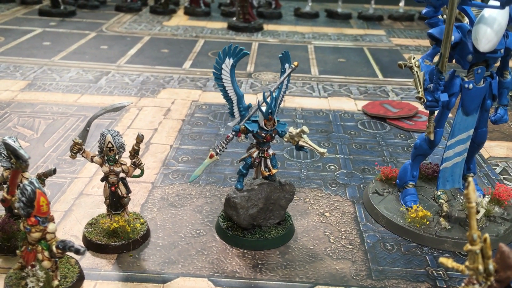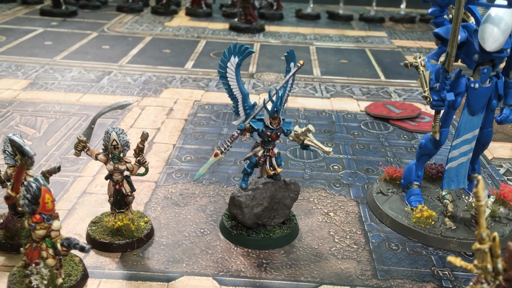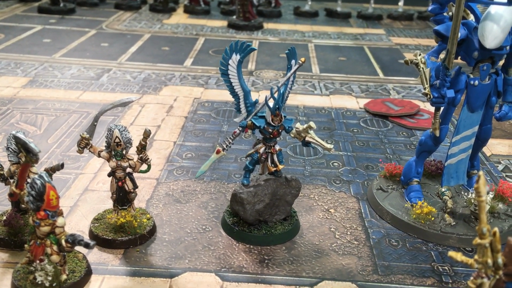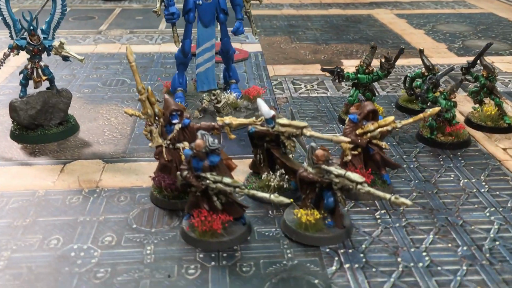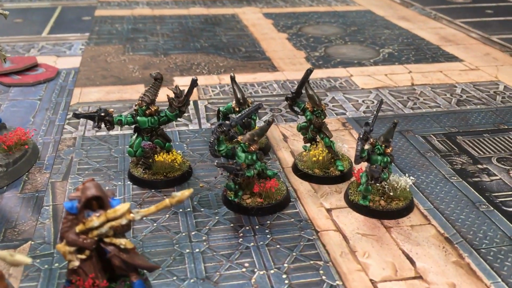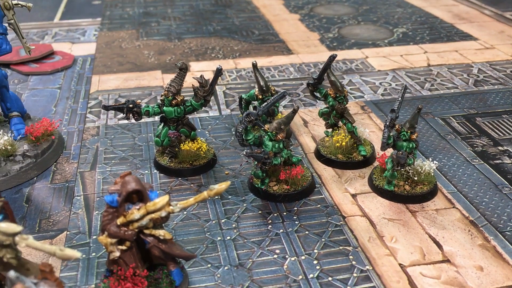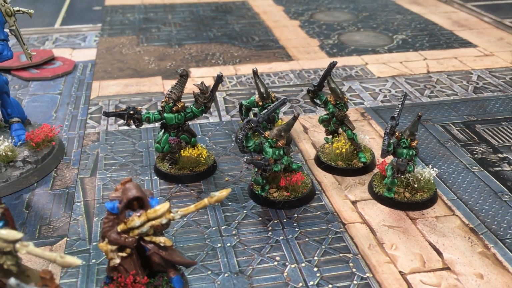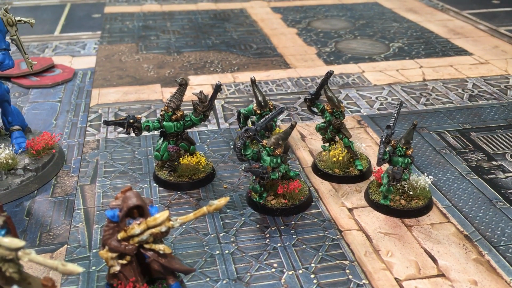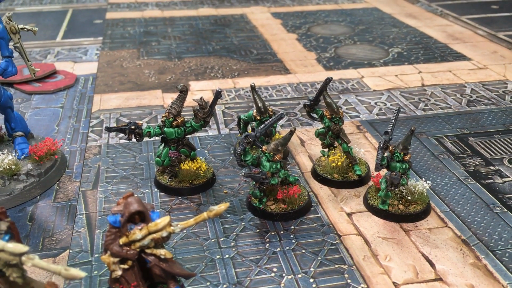He's not quite WYSIWYG, he's actually got a power sword and fusion pistol, I believe, but other than that he is winged, as you can see there. At the front we've got our troop selection, which is just five Rangers. Then we have one of our elite selections, which is Striking Scorpions, and they will have an Exarch in there with Scorpion's Claw, and then the rest of them are just as they are, so Scorpions with chainswords,